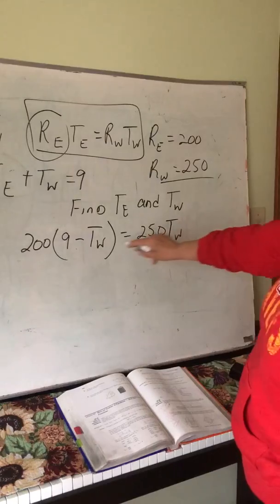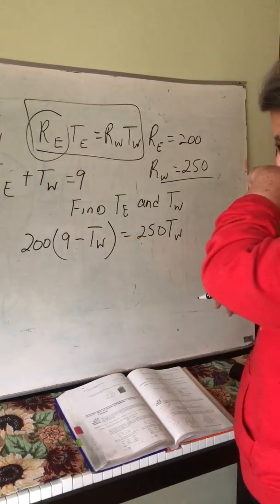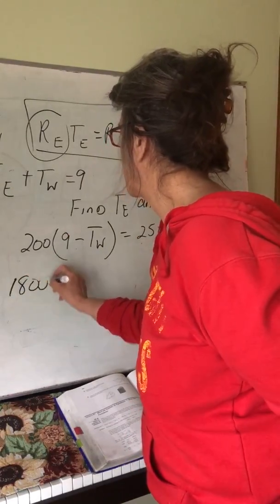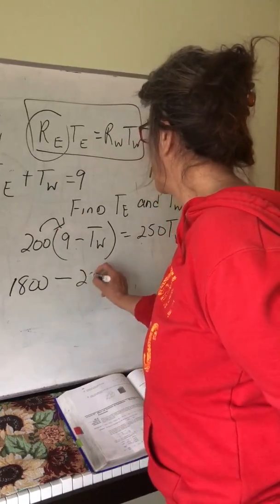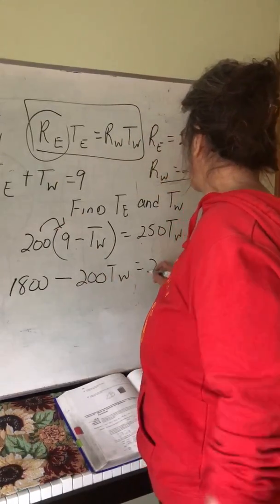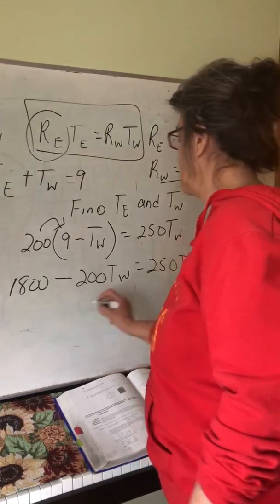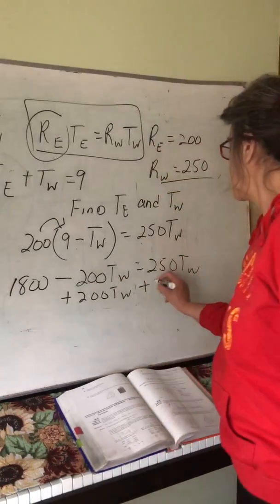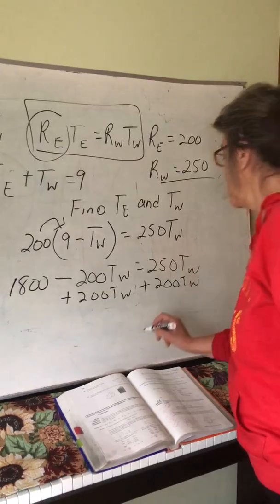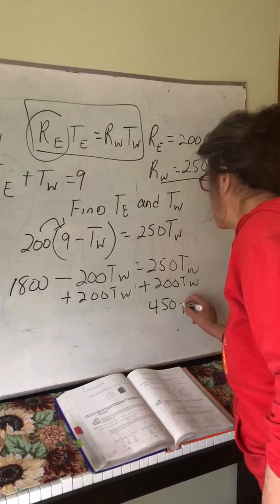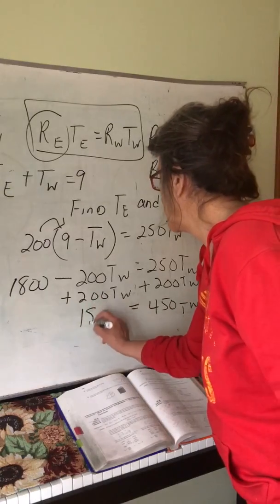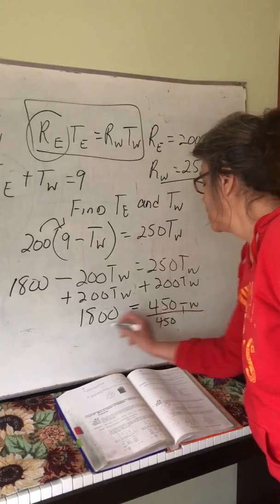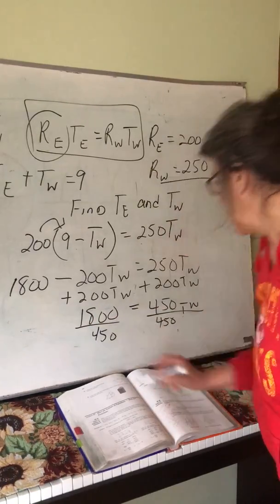Now we have an unknown here at the bottom of TW. And we can distribute this, and we get 1,800 minus 200 TW equals 250 TW. Then plus the 200 TW here, and plus the 200 TW here, and we get 450 TW equals 1,800. Then just divide both by 450, 450, and you get